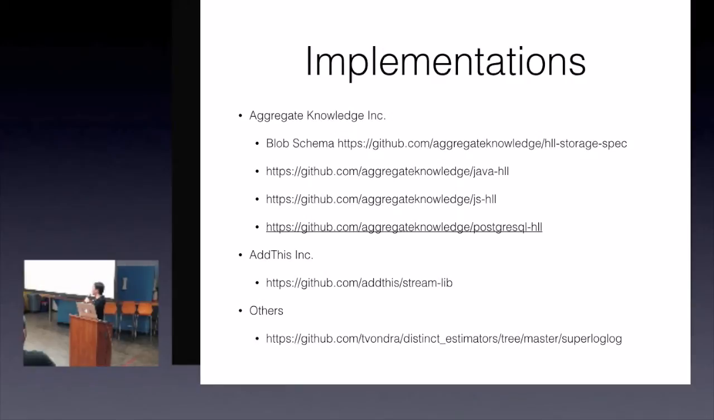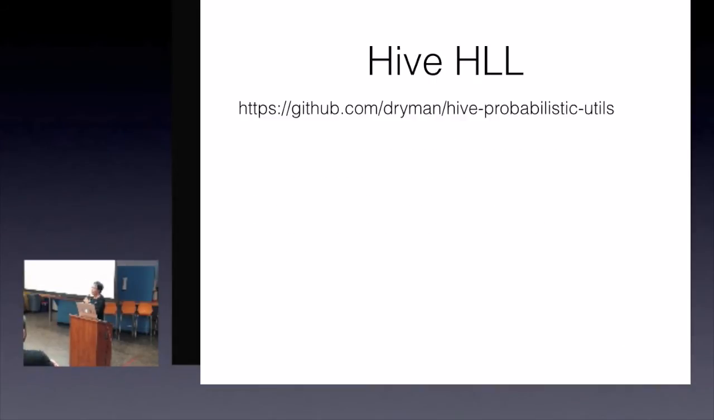Another popular implementation is developed by AddThis. It's called Stream-lib. It has a lot of different probabilistic algorithms implemented. Be sure to check it out. And there are others, like SuperLogLog, another paper that uses different improvements based on the original LogLog algorithm. And based on the Java implementation, during the weekend I developed a demo